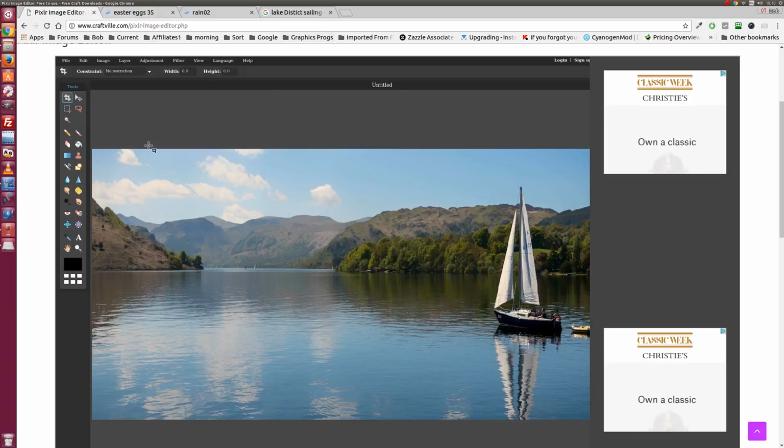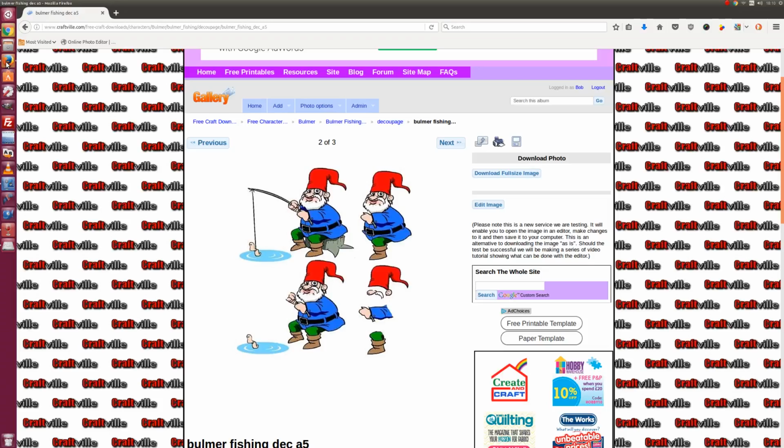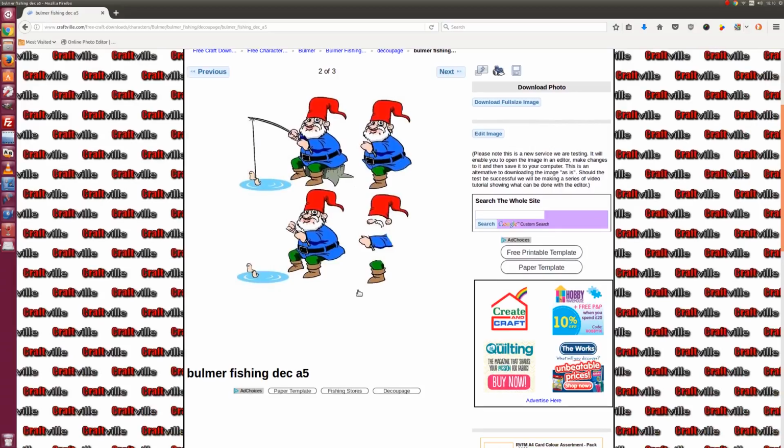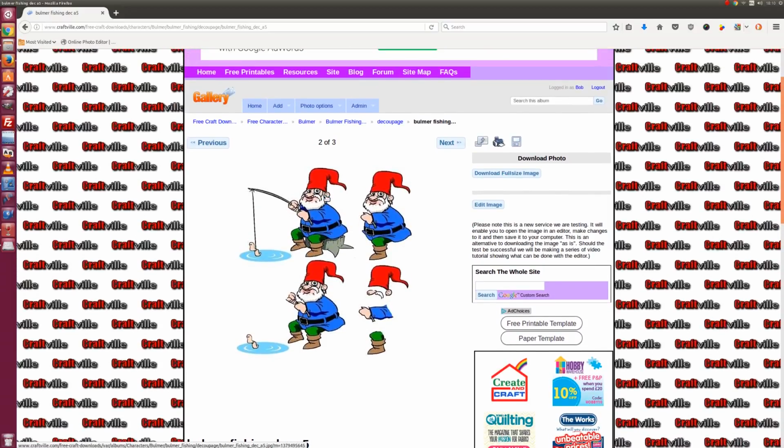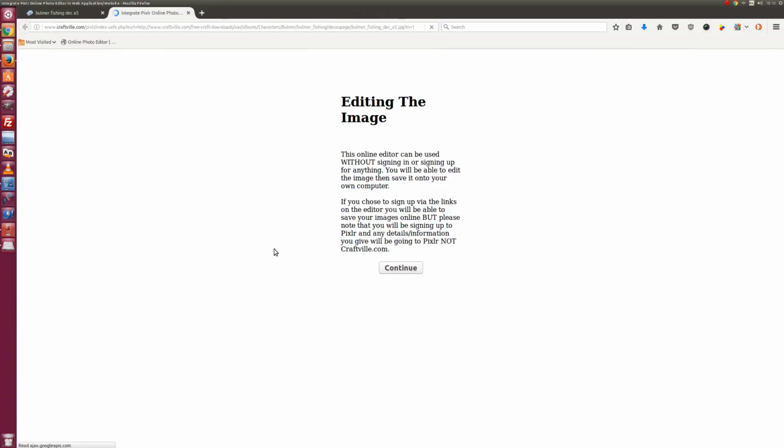But the other thing we've done with this is integrate it into the site. Now when you get down to our main images, I won't say full size because they're not, but the large version of the image, you've always had this download full size image button, which is great. It's still there, you can still just download the image if you want it. But I've chosen this image of Bulmer fishing and I want to edit it, so I can just now hit the edit image, get a little window there which you can read, hit continue,